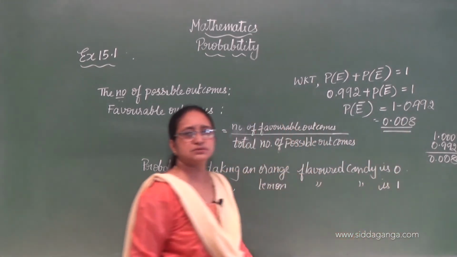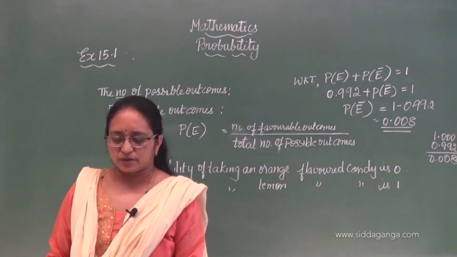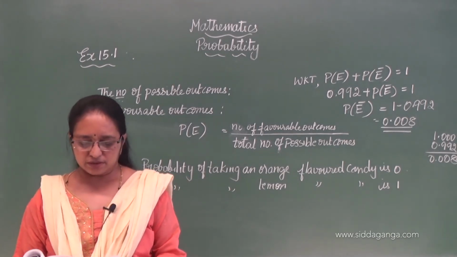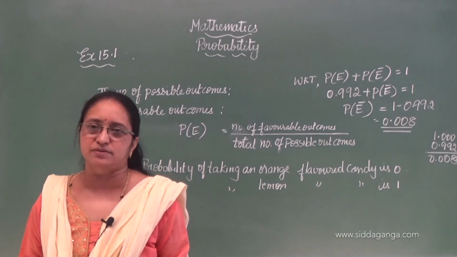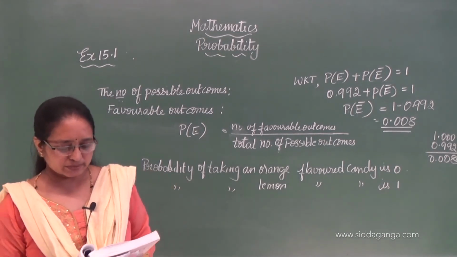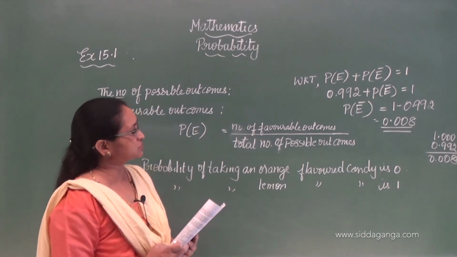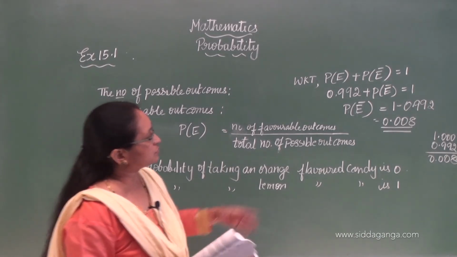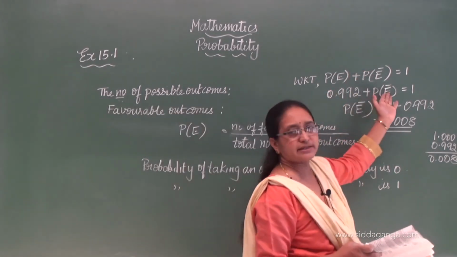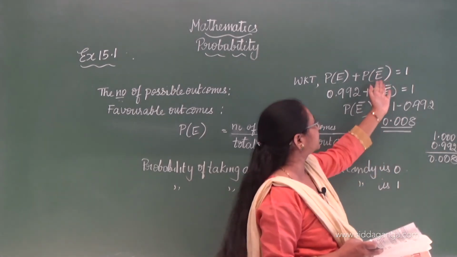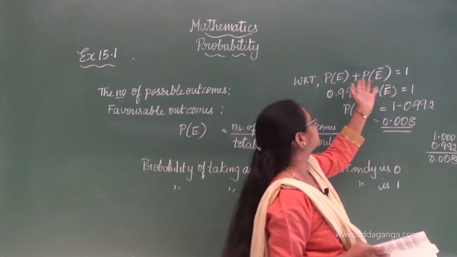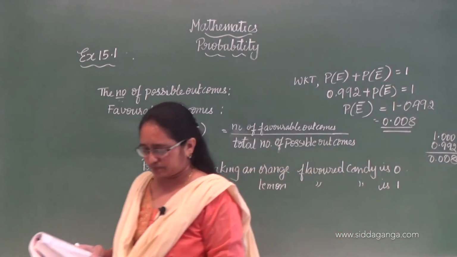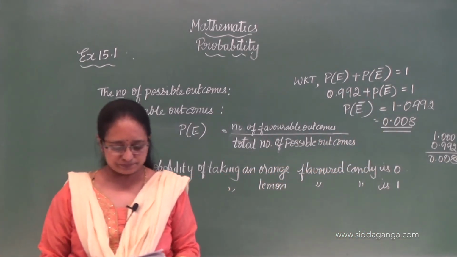Okay. This is the answer. See here, probability of the two students having the same birthday. See, probability of not having the same birthday. So you can take not having the same birthday as a not-event also. Or if you consider this as an event, you can write it here also. So okay, no problem. Next.